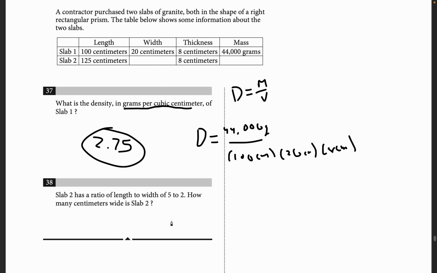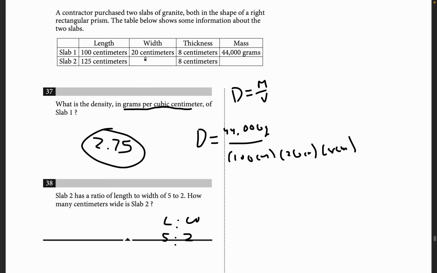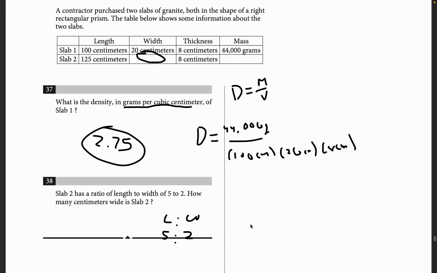Slab 2 has a ratio of L to W to H of 5 to 2. How many centimeters wide is slab 2? Just asking for this. Okay, we can just do a proportion. So 5 to 2 is equal to 125 to x. Yeah, because we're using slab 2. So 125 times 2, 250. 250 divided by 5, that's 50. That was pretty easy. x equals 50